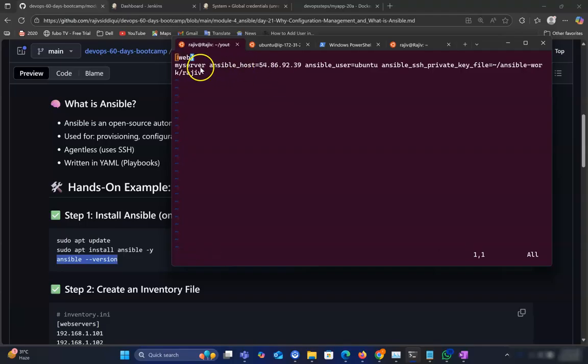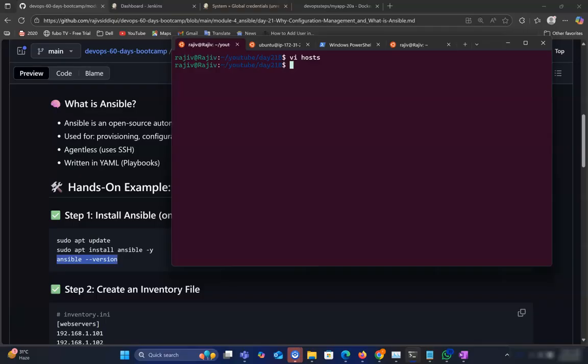Okay, so in this file basically we give a name to the server. This just gives a name, my server. So Ansible can also work by this name. Then we need ansible_host. We need to put that IP, which is our target server IP. Then ansible_user, which user is that Ansible using? Here this is an Ubuntu server, so it's the ubuntu user. And where is our private key location? So Ansible works with it, it will be also changed. So our location is,